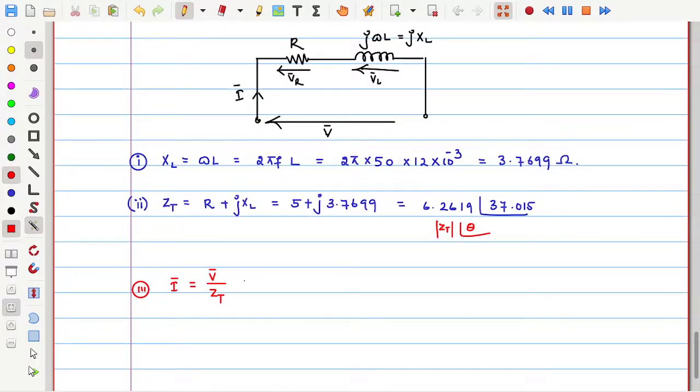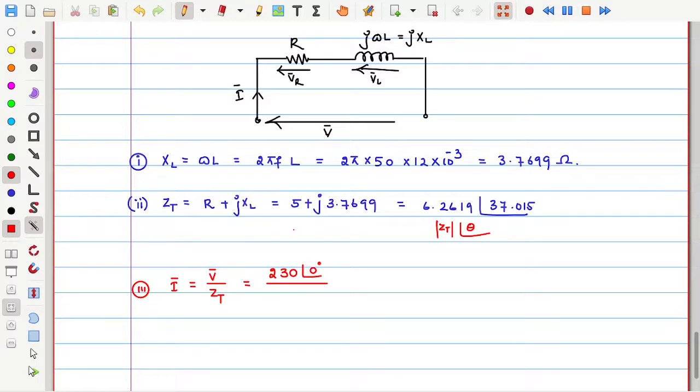Now I can write the voltage as simply 230 at an angle 0. Why? Because they didn't give any information about the angle. If it is not given, take that itself as the reference, which is 0 degrees. With respect to that, we will get the current angle. Previously we assumed the current angle 0 and then determined the voltage angle. Now it is reversed: if the voltage angle is not given, you can assume 0, then with respect to that we can find the current angle. Now let us see how much we get.